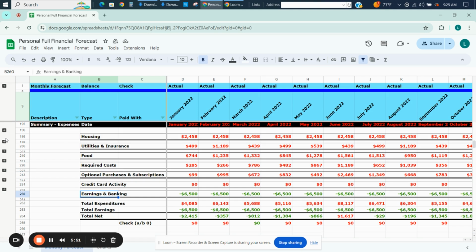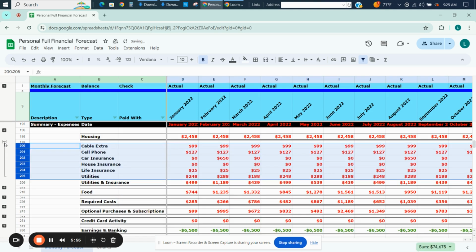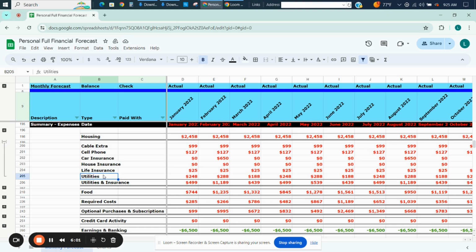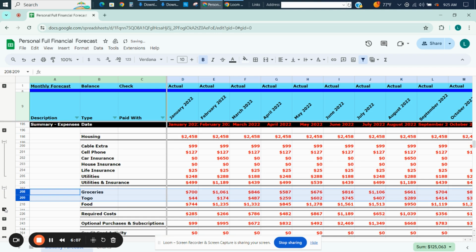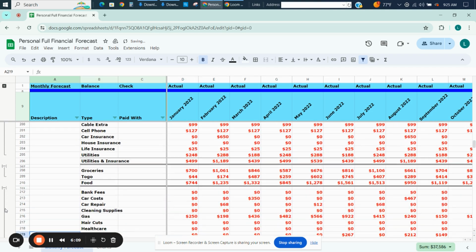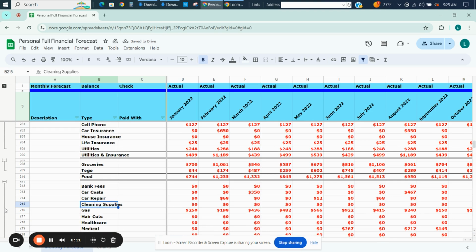And these I've also grouped. So if you want to plus these out, you can see I have subcategories in here: cable, cell phone, car insurance, house insurance, life insurance, utilities. I have, if you plus all of these out, many categories and types, just like the sum if for